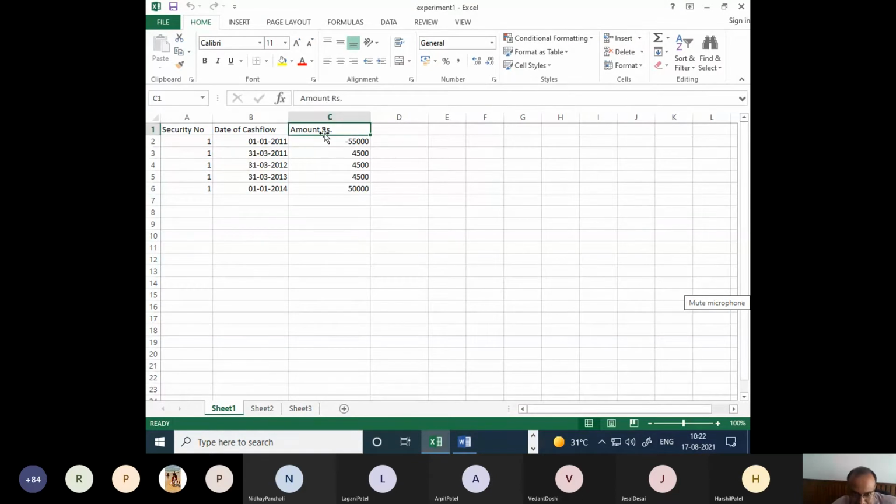dd-mm-yyyy. And then I have amount, which is a simple number, and a negative number indicates that I have invested, and a positive number indicates I got the cash flow, right? That's the simple meaning of it. In Excel, sometimes negative numbers are also written inside brackets, so don't get confused by this. Numbers inside brackets indicate loss, and numbers without brackets indicate profit. That should be remembered. Anyway, right now we have this file.